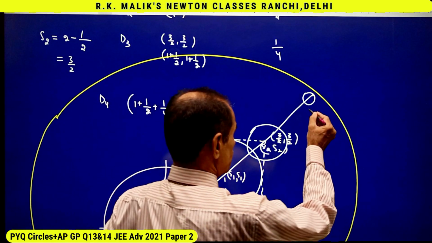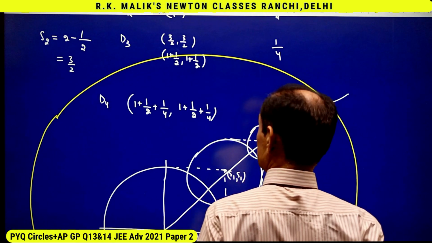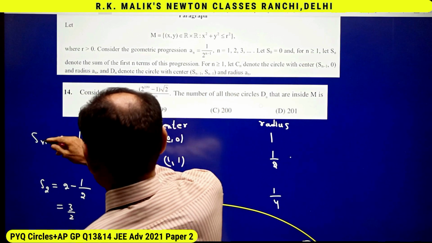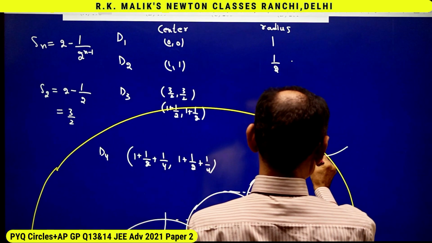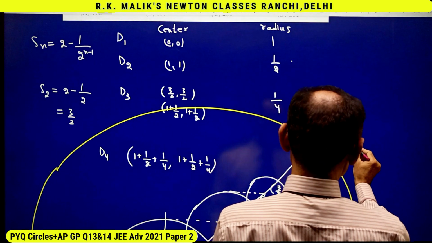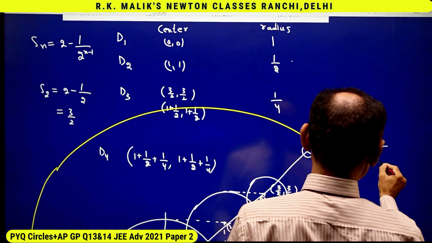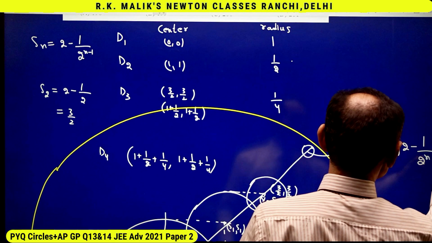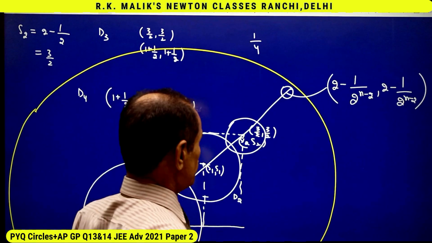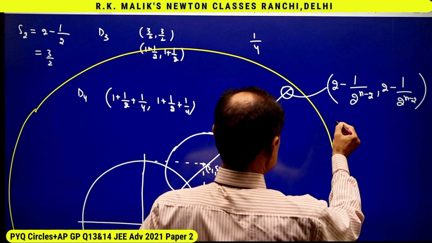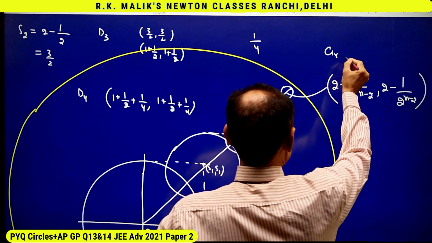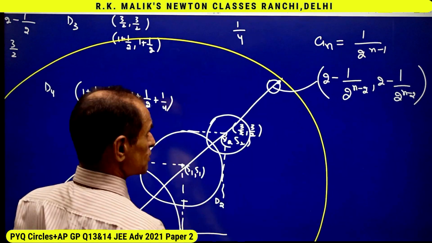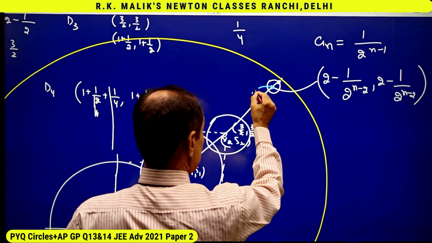It's clear that for Dn, center will be Sn minus 1 comma Sn minus 1, and the value of Sn is this. Therefore, the center of nth circle will be 2 minus 1 by 2 to the power n minus 2 comma 2 minus 1 by 2 to the power n minus 2. And because for the nth circle radius is an and an is 1 by 2 to the power n minus 1,